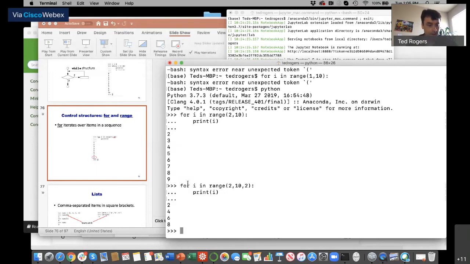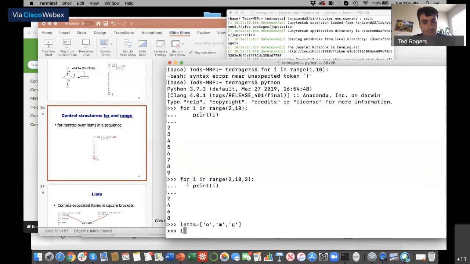You can actually do even more general things. Let's say that we've got a list. Remember how lists work? Let's make a list of letters: O, M, and G. That's the list that I've called lets.